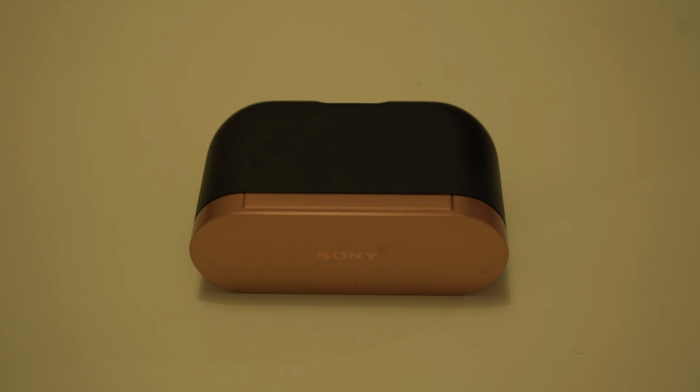It has NFC within the case, and the battery life from 0 to fully charged with the case for the buds is 1.5 hours. And then it has 6 hours of music playback with noise canceling on, 8 hours of music playback noise canceling off, and then it has 4 hours of talk time with noise canceling on and 4.5 hours of talk time